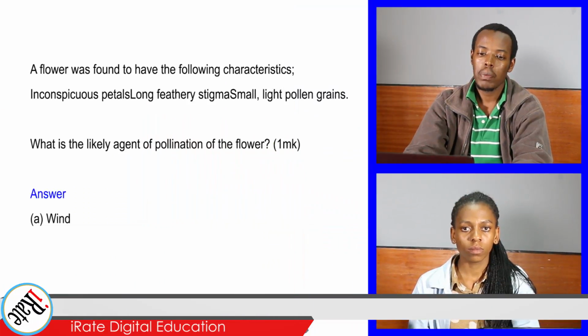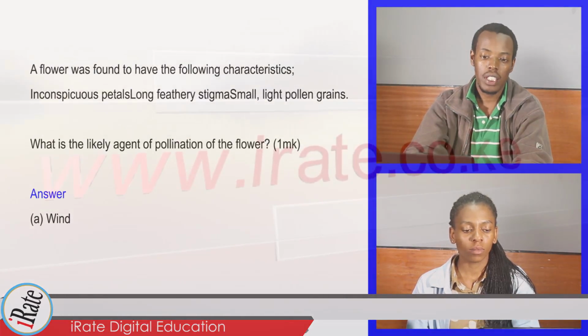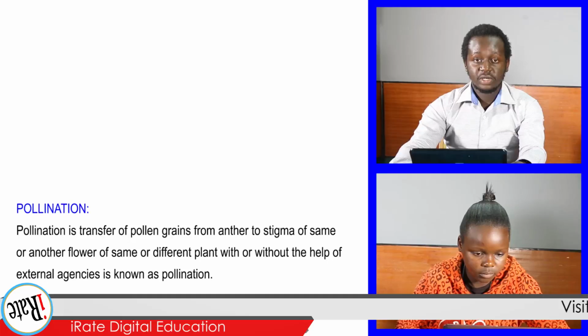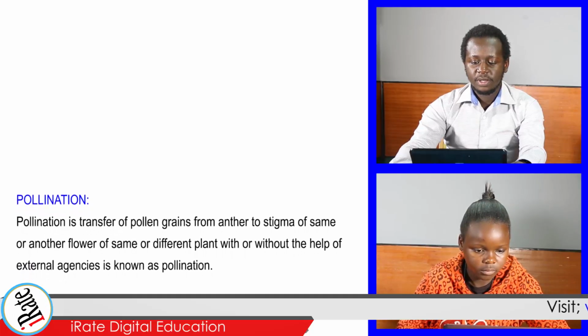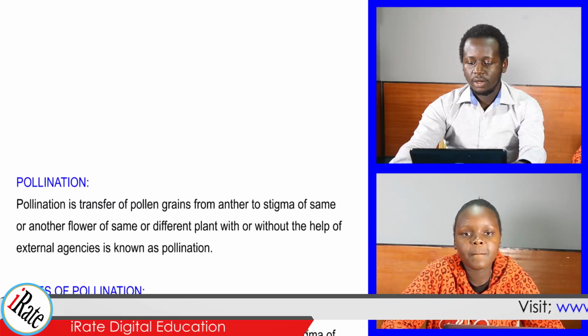A flower was found to have the following characteristics: inconspicuous petals, long feathery stigma, small light pollen grains. What is the likely agent of pollination of the flower? Wind. Pollination is the transfer of pollen grains from the anther to stigma of same or another flower of same